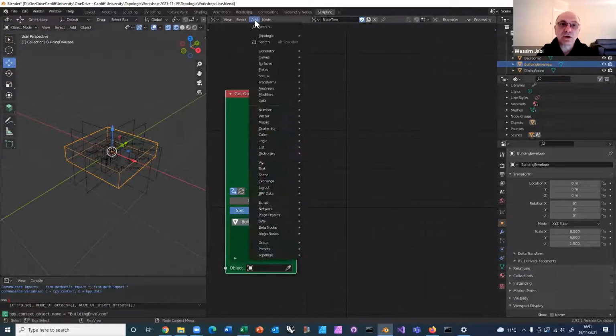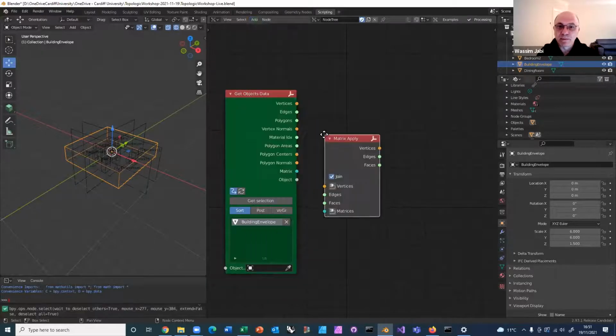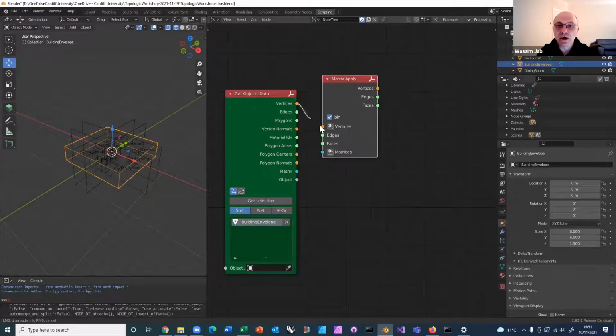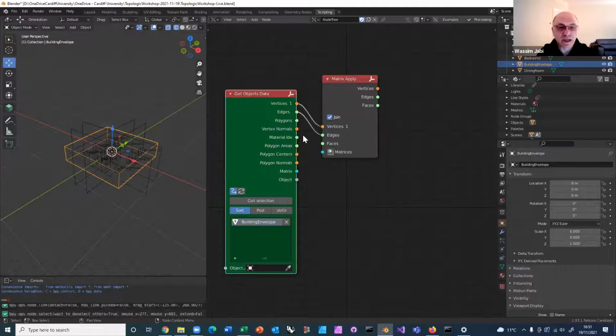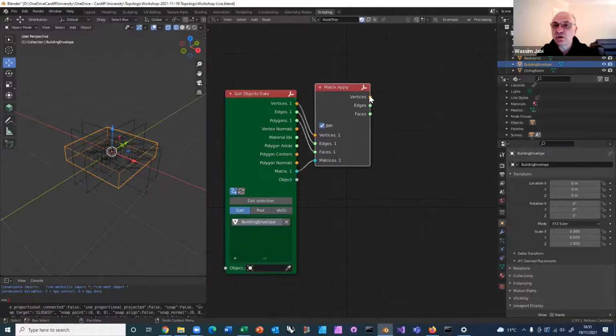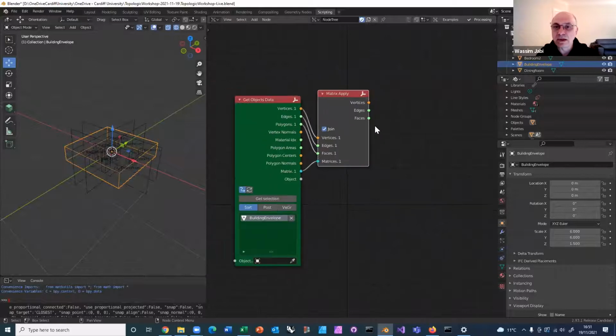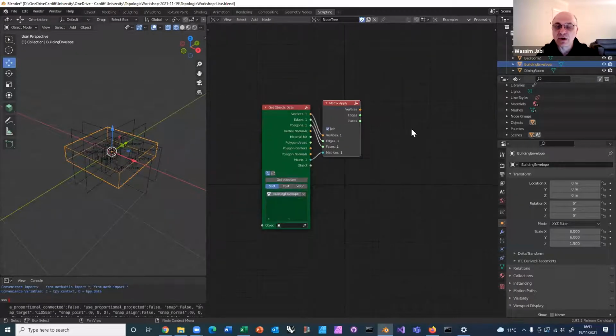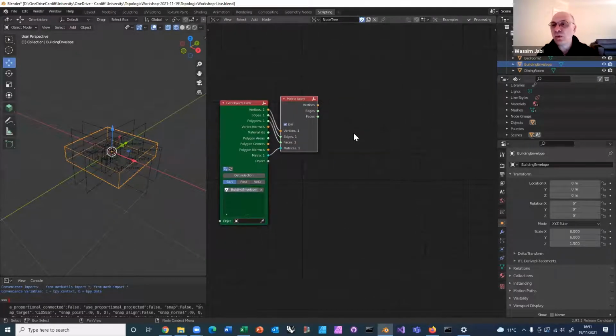So there is something called matrix apply. And what you do is you connect the vertices. I think I'm going to connect everything. Usually you don't have to, but I'm going to connect everything, as well as the matrix here. So connect the vertices, the edges, the polygons, and the matrix. And you get new vertices. Edges and faces are basically indices into the vertices, so they don't change, but the actual XYZ of the vertices is now the correct one. And then we have